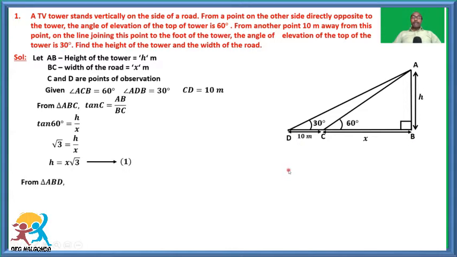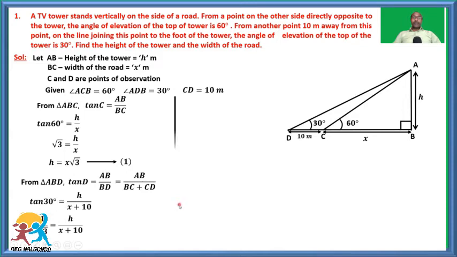From triangle ABD, again take tan, that is tan D is equal to AB by BD. Here BD is the sum of BC and CD, that is X plus 10. Now taking D as 30 degrees, tan 30 is equal to H by X plus 10. But we know that tan 30 is equal to 1 by root 3. So 1 by root 3 is equal to H by X plus 10. So after that, we can write H is equal to,